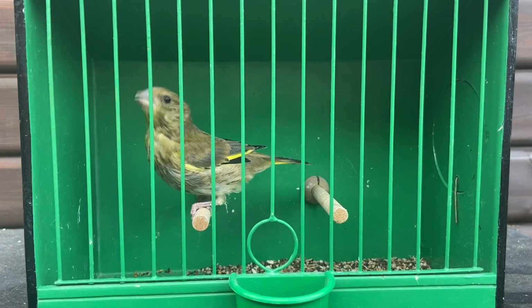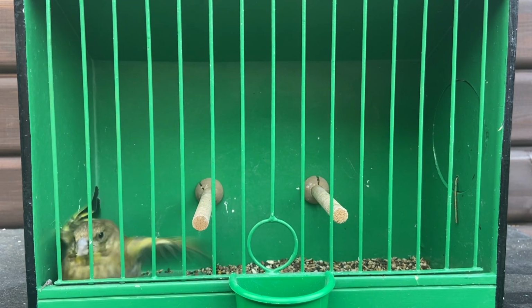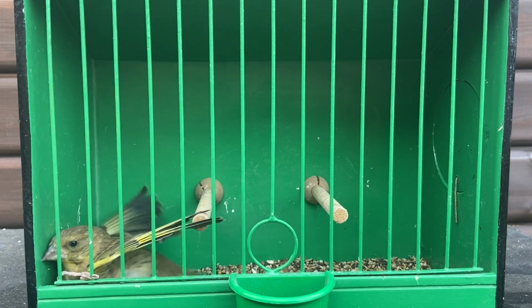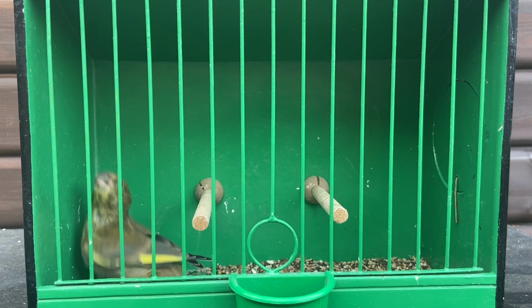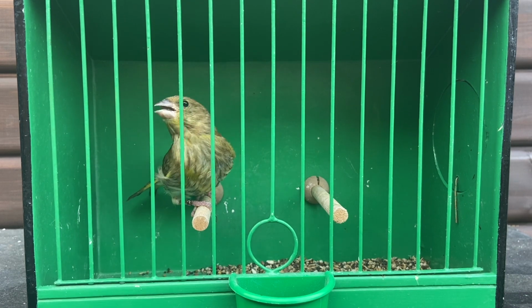So now onto the greenfinches. This bird here, I believe it's a young cock bird, by the look of the colour coming on the chest, and obviously the golden yellow bars down the flight feathers. So this is a bird from my better pair of normals, and I must say it is quite a big bird. It does look good, and it does look a strong bird, but as you can already see from this,